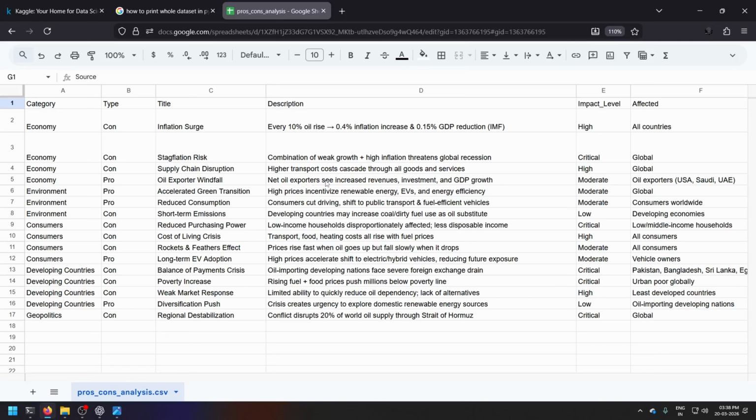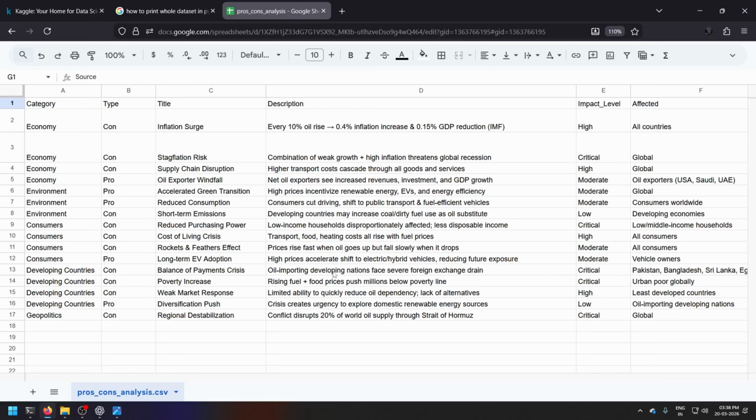Net oil exports see high increased revenues, investment, GDP growth, which is economy and oil exporter windfall. Moderate oil exporters affected, all these countries, and then we have again Pakistan, which is the answer of the first question.